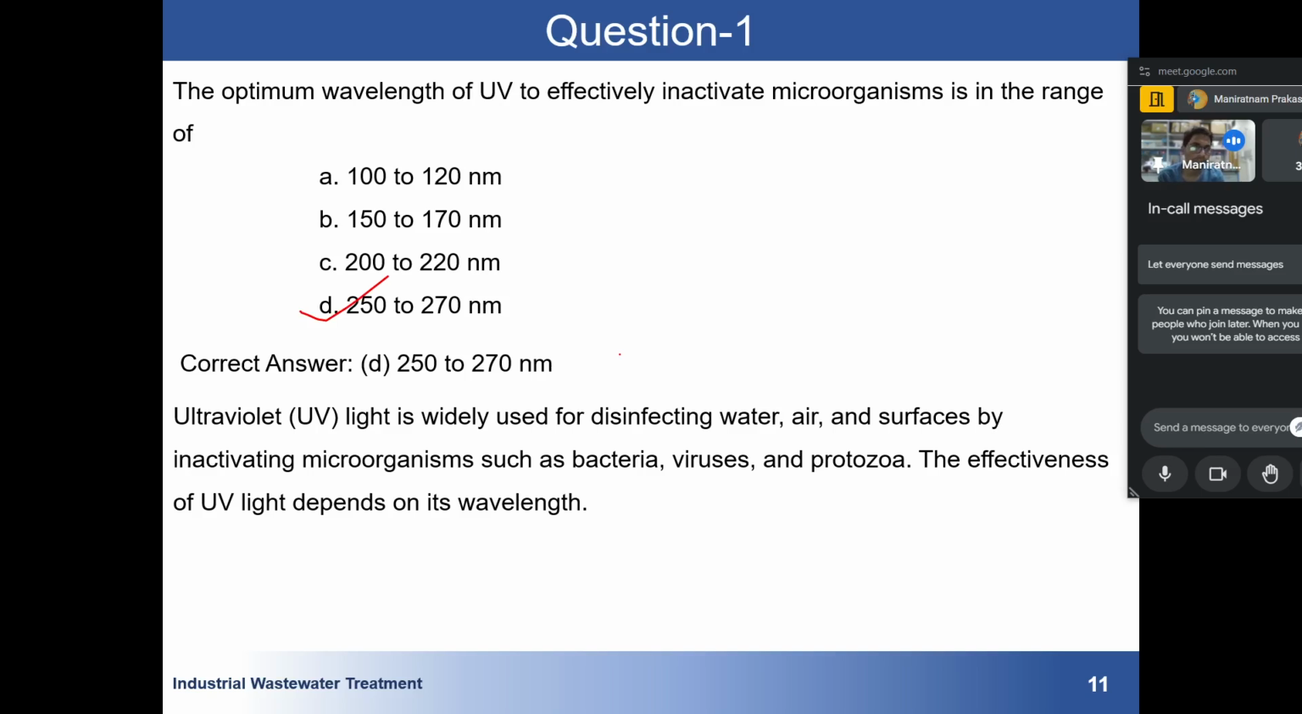There is something called a spectrophotometer. Here we analyze and see at which wavelength there is maximum damage. That range is defined as the optimum wavelength. There will be a scanning. We will put the sample in a spectroscopy, and what will happen is that